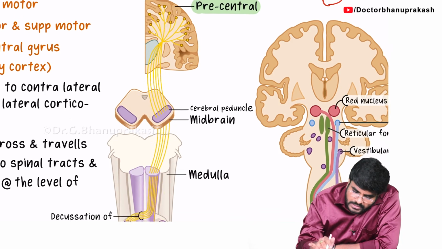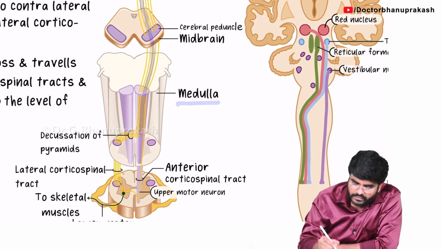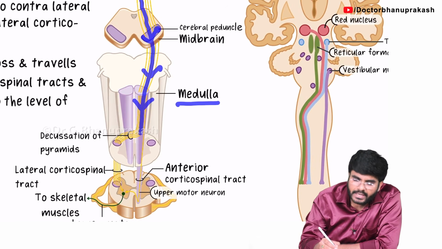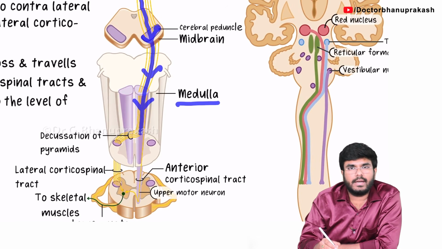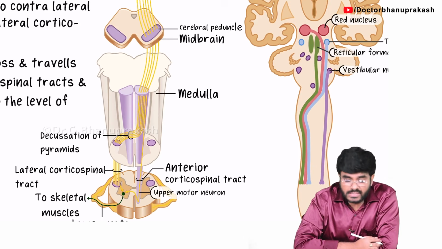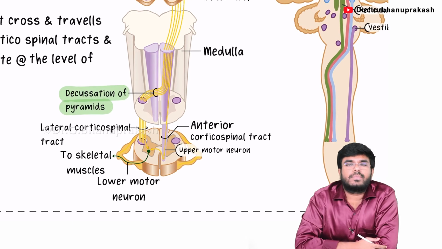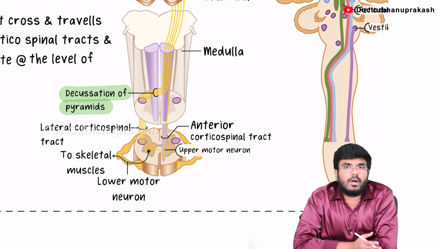Now where are these motor neurons going? The motor neurons come straight down through the midbrain, pons and medulla. As they are coming down, you can call them the descending tracts. Now in the lower part of the medulla, these neurons cross to the opposite side. This crossing is called the pyramidal decussation. Now 80% of these motor neurons will cross to the opposite side,